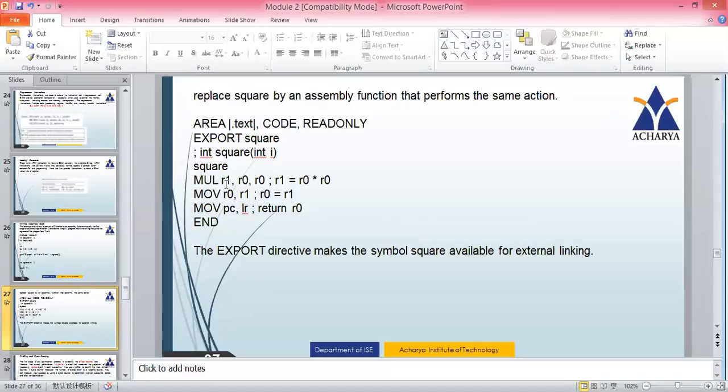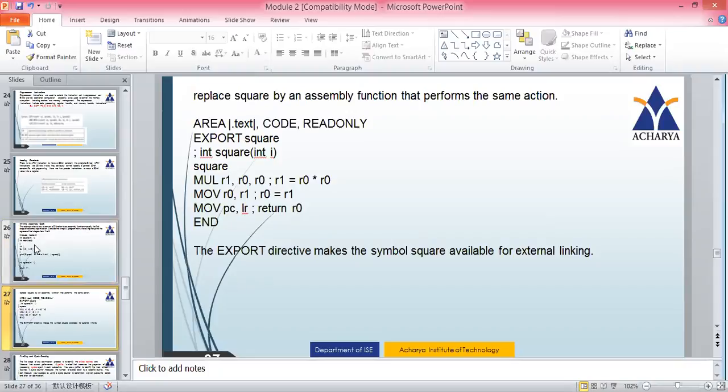R1 is the destination, and R0 and R0 are the sources. Let's see the comment: R1 equals R0 into R0. When you pass a number 2, two 2s are 4, and that will be stored in R1. So if R0 is holding 2, it gets multiplied with itself and the result is stored in R1.